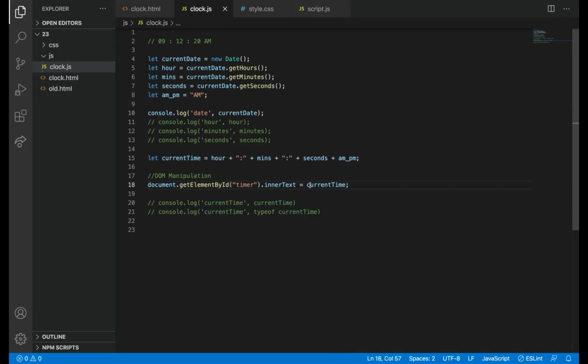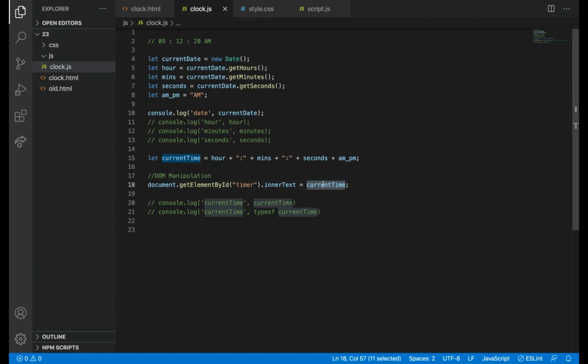What we did is we added all these things together and put it in a variable. It is just a string because we have added with a colon with a string. Whenever you add something with a string, the data type will convert into string. So this current time is a string.